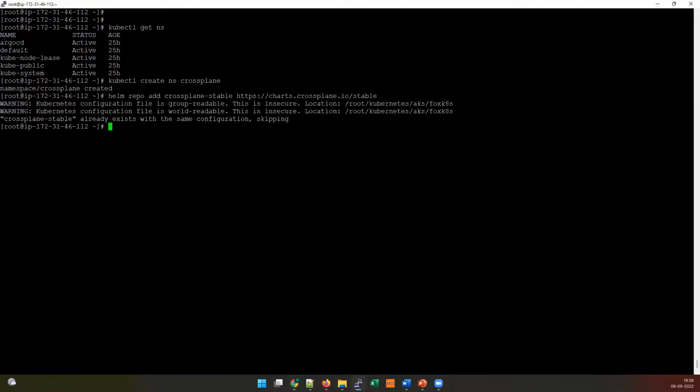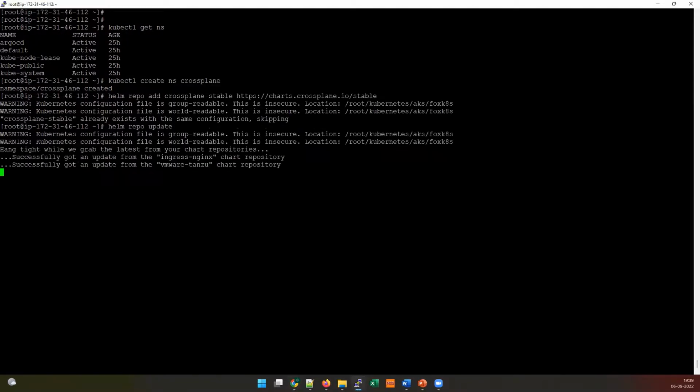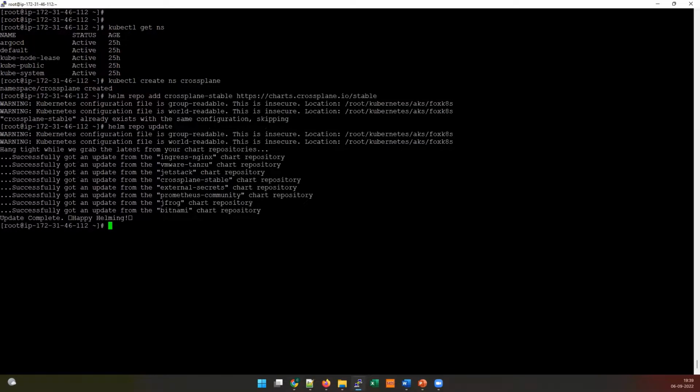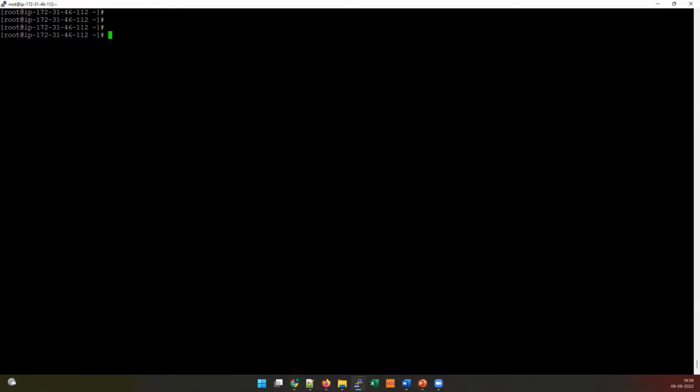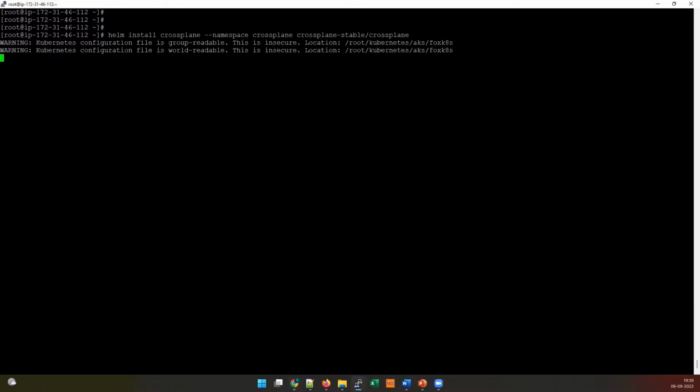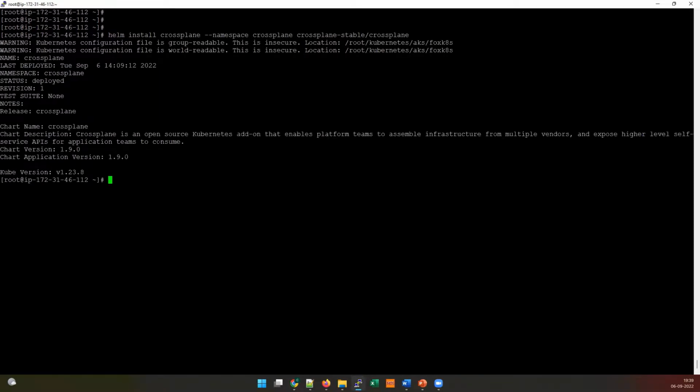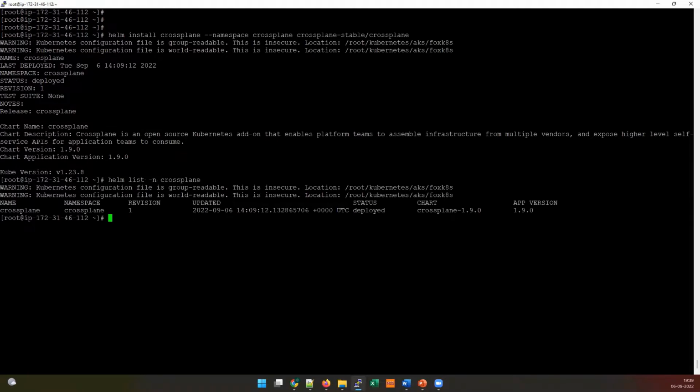and then I'm going to add the Helm chart. So this is the Helm chart. This is already added, and I'm just going to update it. So it's getting updated. So my Helm chart is up to date. I'm going to install Crossplane now. So just be aware of this thing, because I'm not using a default path, and Crossplane has been installed. So how can we quickly check? You can use the helm list command -n Crossplane. Okay, so you can see it's been installed and deployed successfully, and this